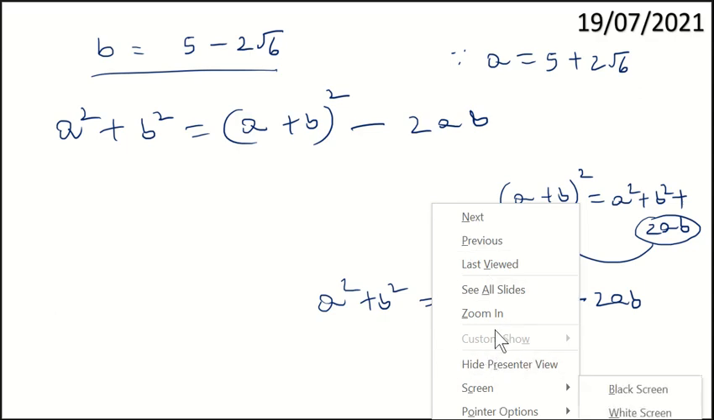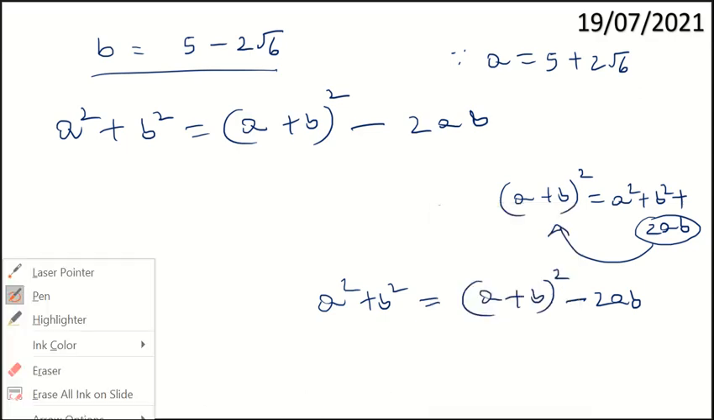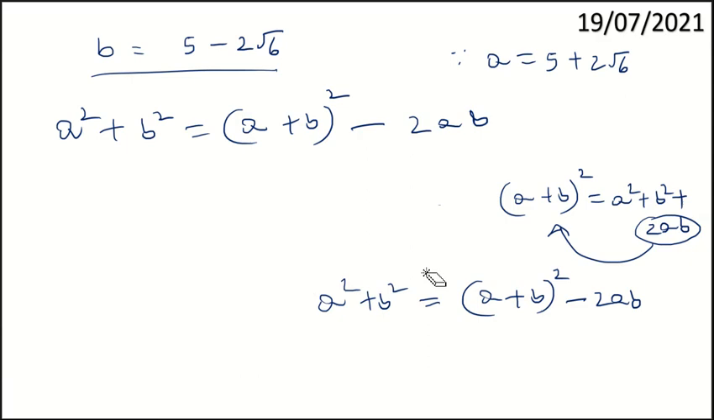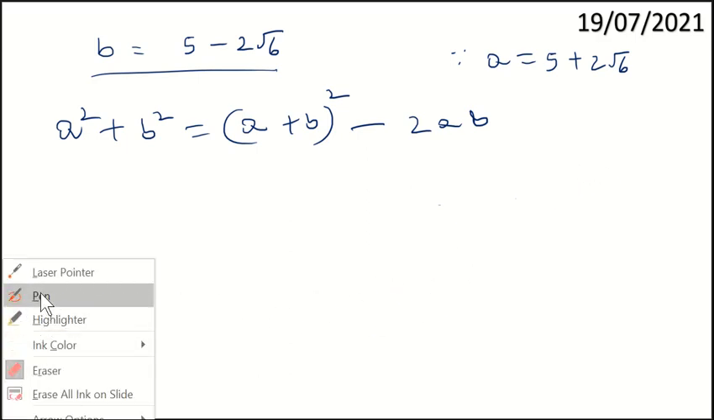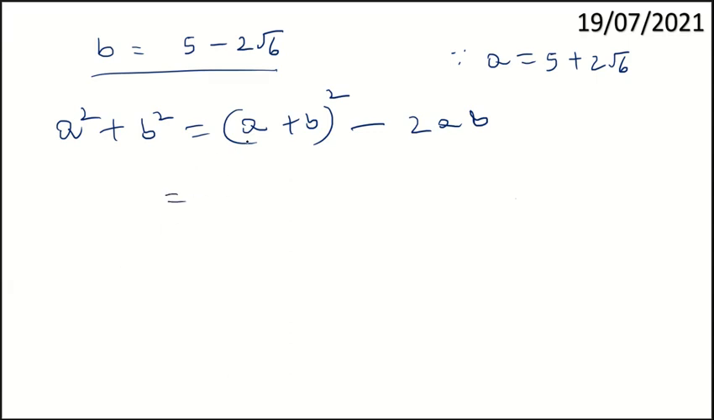Let us finish. Here I am erasing this. Now, moving on to a plus b: 5 plus 2 root 6 added to 5 minus 2 root 6, this whole square